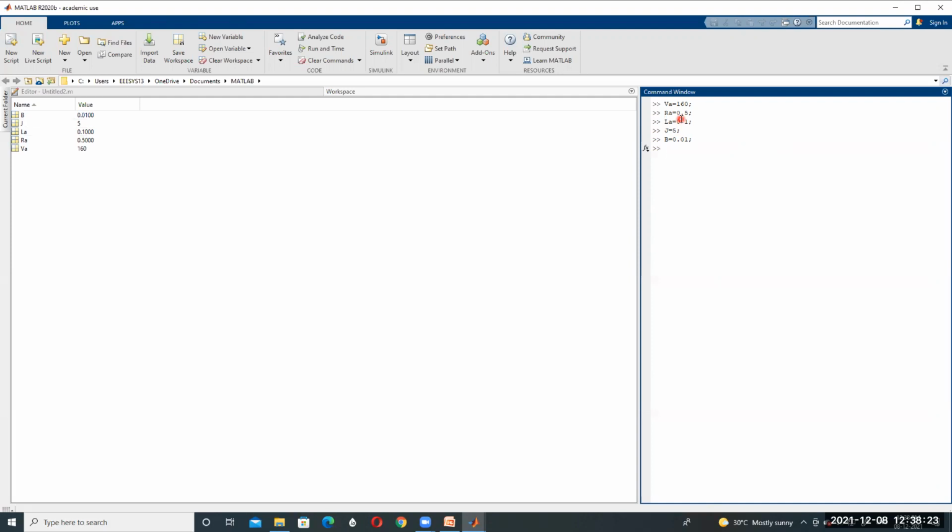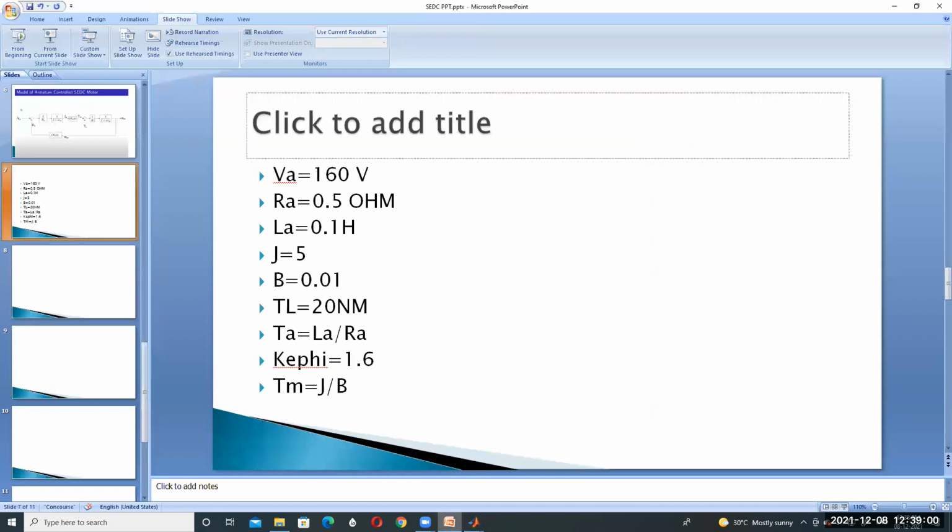And the load torque TL is equal to 20. Whatever components I'm entering here are stored in this workspace. TL is done. Another constant is called K into pi. K into pi is equal to, for example, 1.6. From this data, K into pi is equal to 1.6.